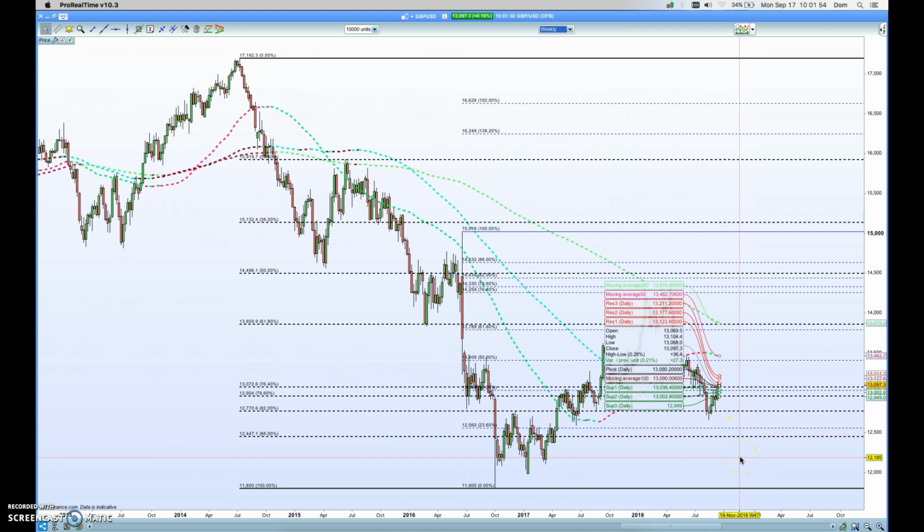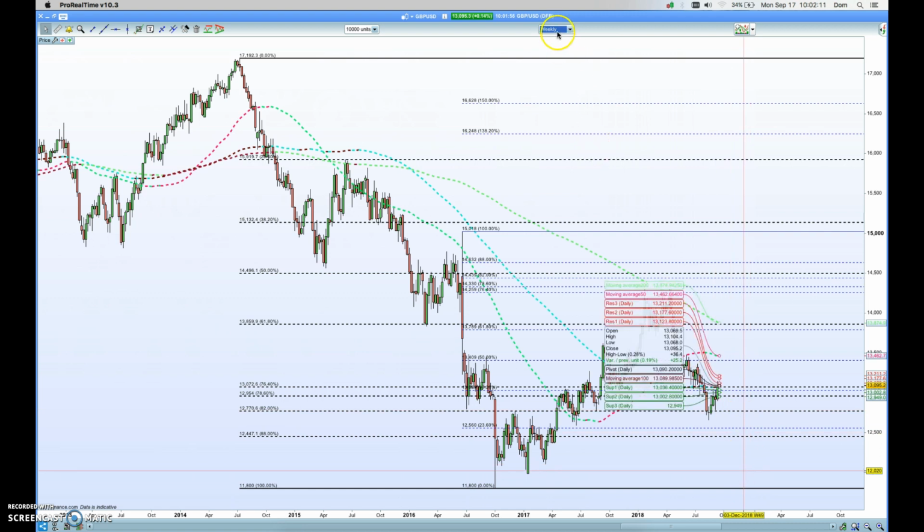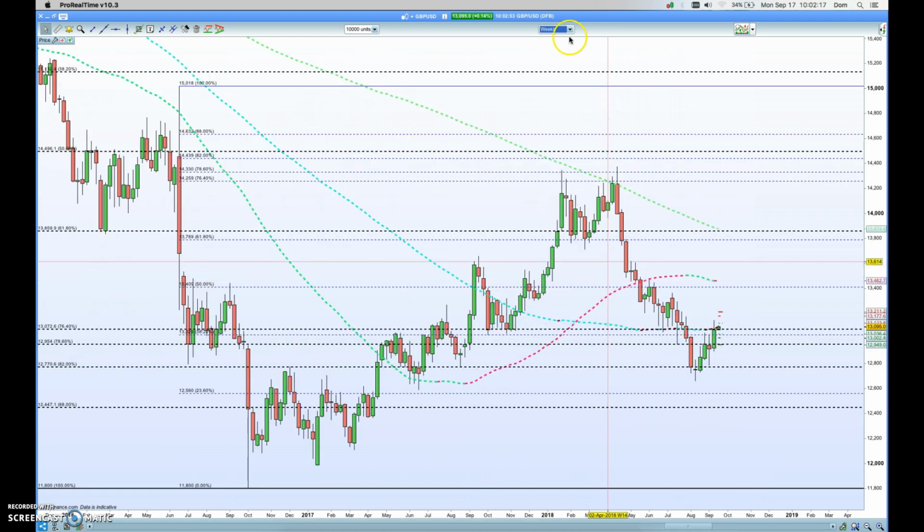which could be setting up over the next few months, getting ready for Brexit, which is going to be in March. So we'll see really what happens with that. So that's one potential move over the next few months to look out for, back down to 120, 118. For now, we're having a little bit of a retrace up, and just to look at a couple of upside targets that I've got, if we look at the daily,